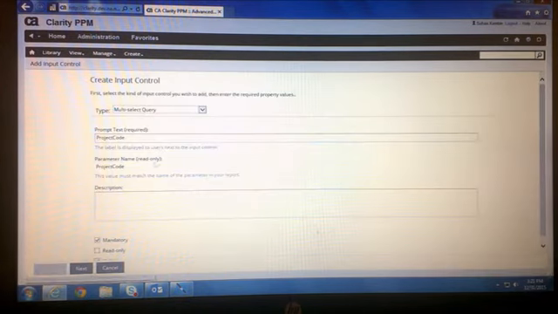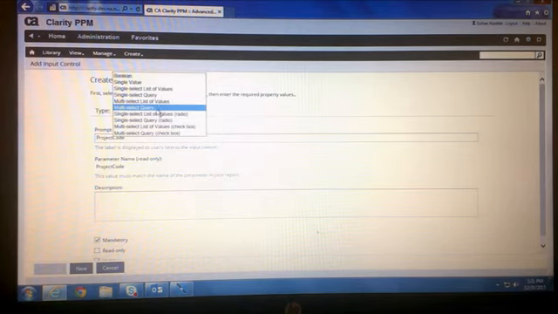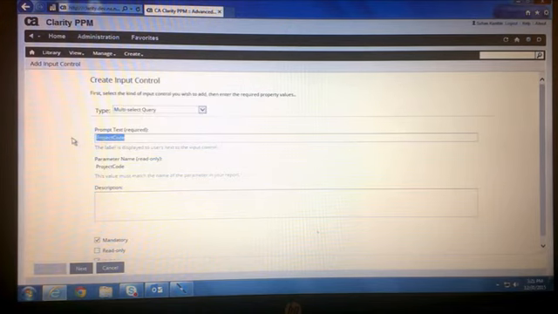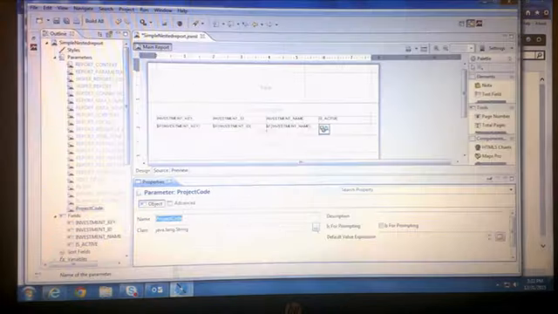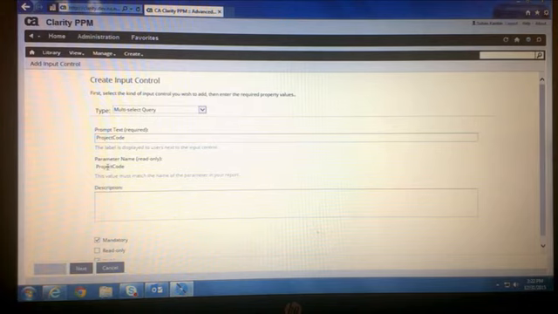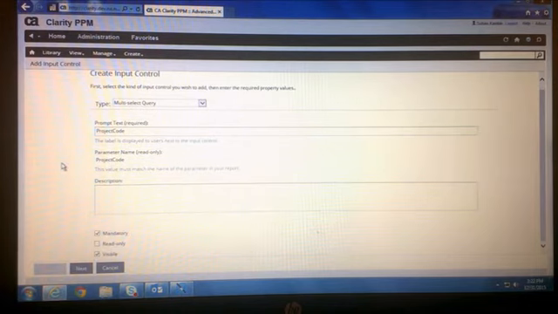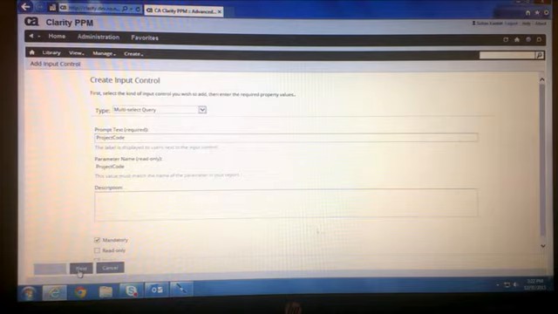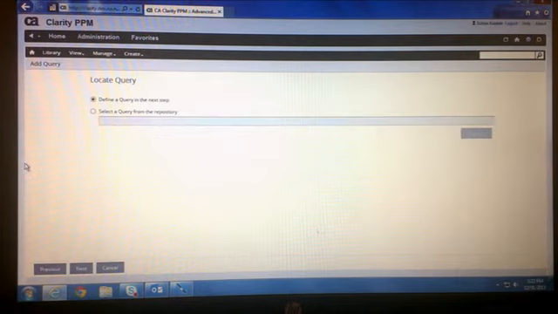So I choose multi-select query, and provide the same name to the parameter as is provided in the parameters here. As it matches, it will coincide with the same control, and it will allow you to edit that control.